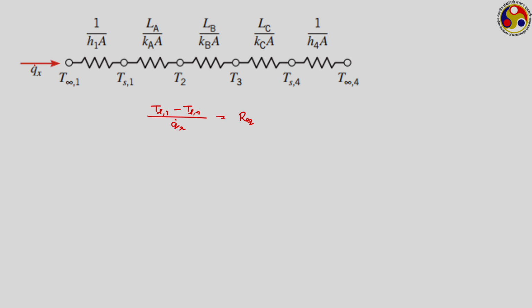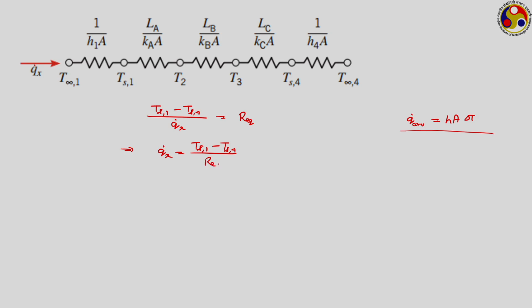In case of convection, how we represent Q dot convection, you know, we always write as the convective heat transfer coefficient h into area into delta T. We have seen how we can represent the radiation also following this form. For conduction, we generally do not go for a form like this, but when we are talking about such an equivalent circuit, occasionally we would like to have a form analogous to this form of Newton's law of cooling. So, if we write now Q dot x is equal to T infinity 1 minus T infinity